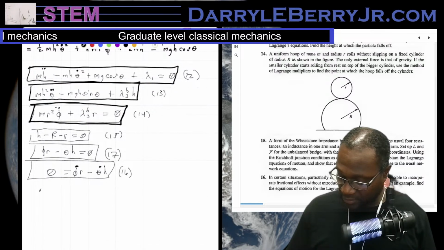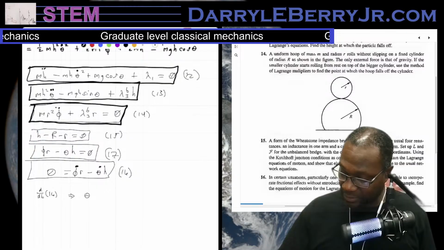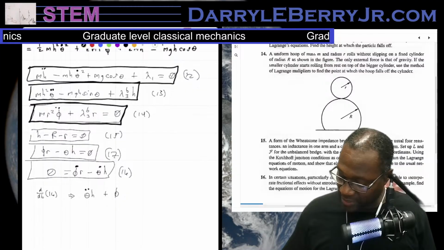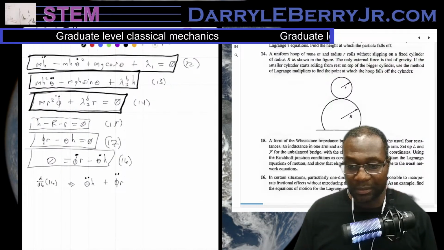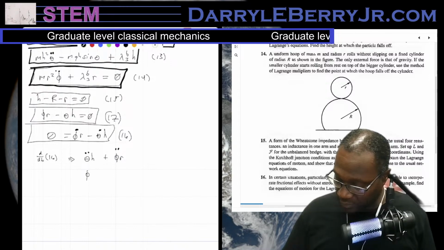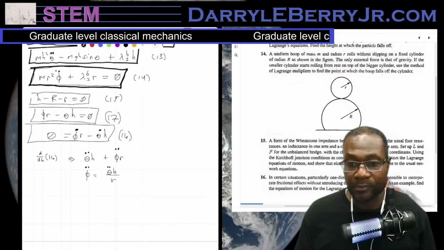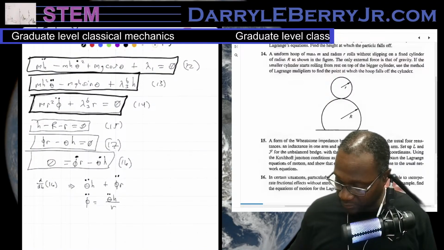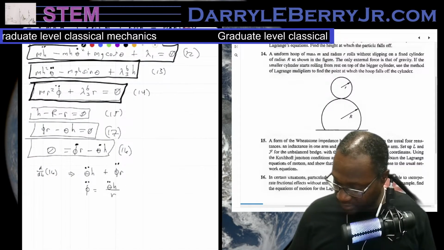I'm going to take 16 and want to d/dt it. So that's going to be phi theta double dot H plus phi double dot R. We have this. And what I'm going to do is solve for phi double dot, which is going to be phi double dot equals H over R. And what I can do with this is insert this into 14. So remember, I'm trying to get some equations of motion that I could then simplify. So if I plug this into 14,